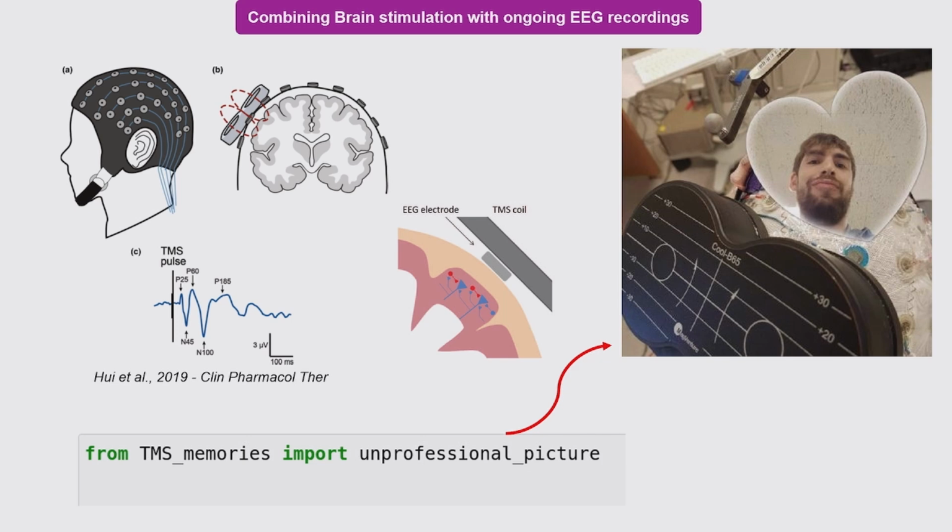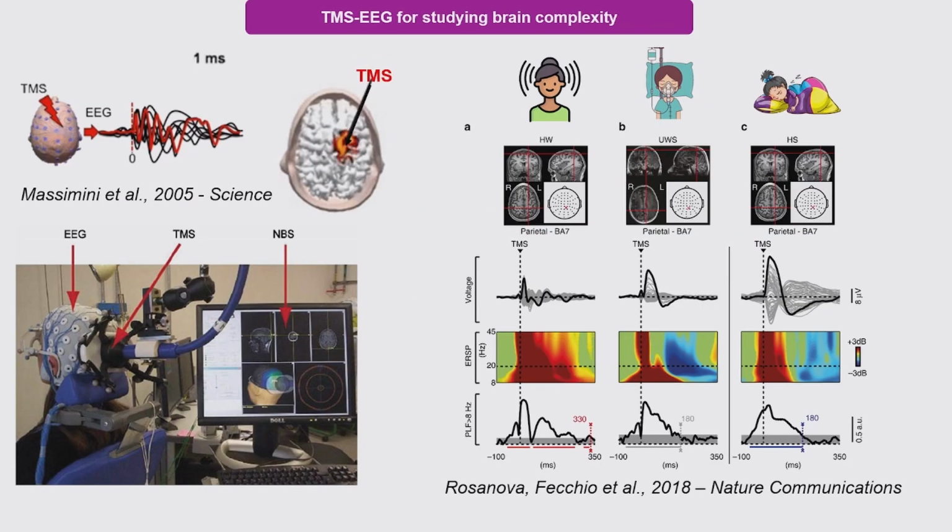And as you can see, we have our ongoing EEG. Here is a TMS pulse, which is very focal, it stimulates a specific area, and then it generates some potential. This is what we call in jargon TEP, the TMS-evoked potential. And there are a lot of pioneering studies, very inspiring, by, for example, Massimini and colleagues, that have shown how this TMS-EEG measure can be used in clinical practice, for example, to disentangle different levels of consciousness,